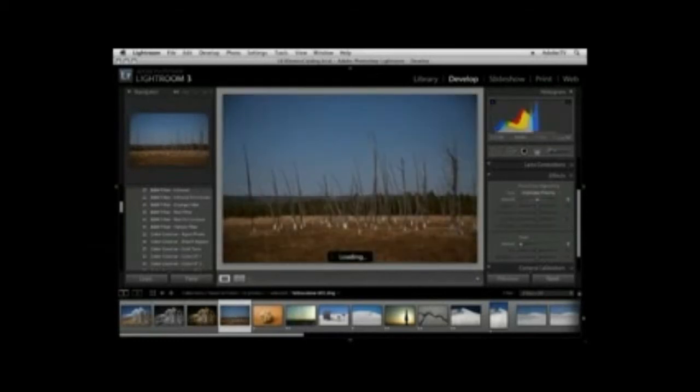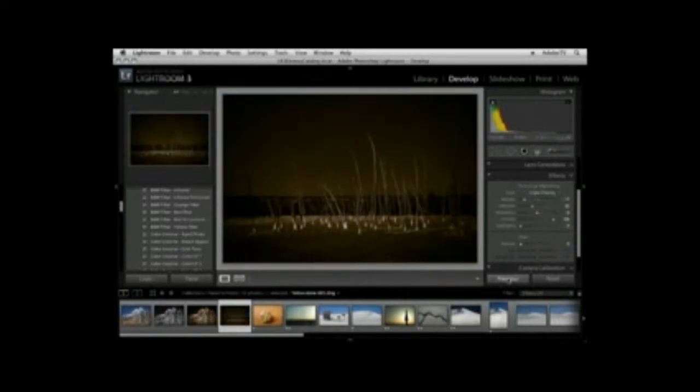All right, let's say that I like this so much that I want to apply it to this image. Well, when I click on this secondary image, if I then click the previous button, it will apply that same effect. So now I've got a great starting point, and all I need to do is customize the tonality